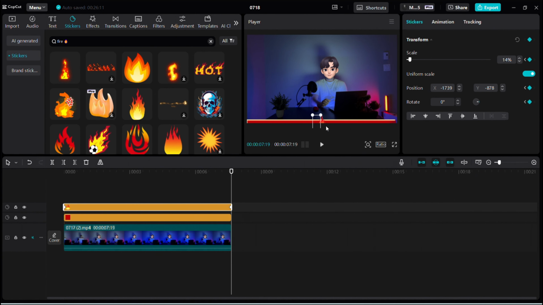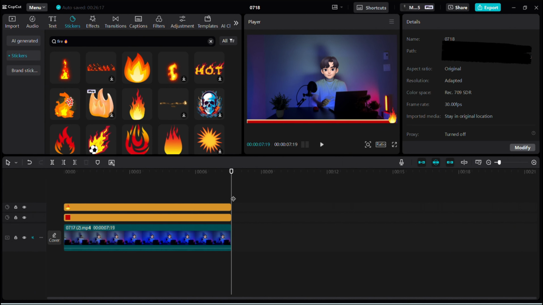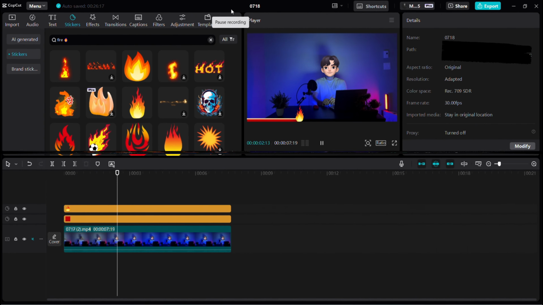Now we've added both keyframes. Now pick this fire and place it at the end of this progress bar. Now if I start this video, it's gonna look something like this. As you can see, it looks good, right? So now we're gonna go to our second trick,